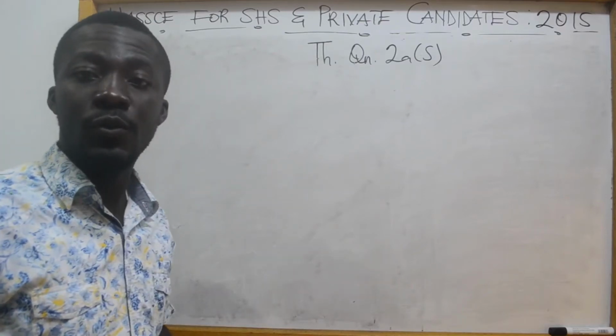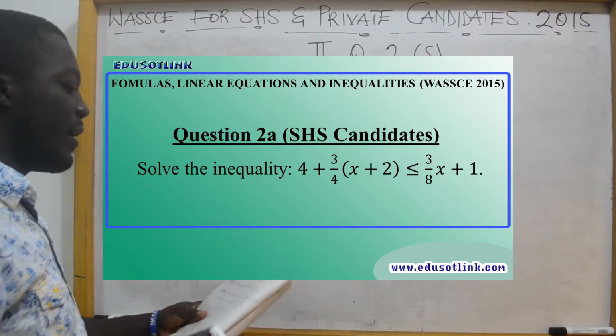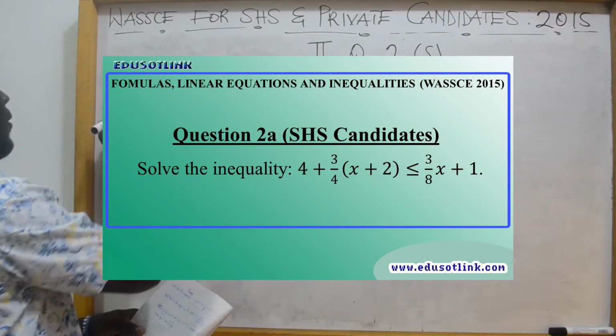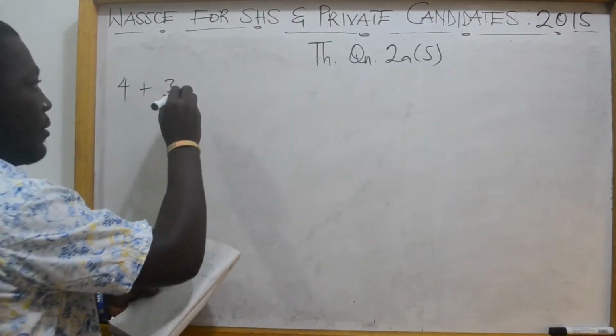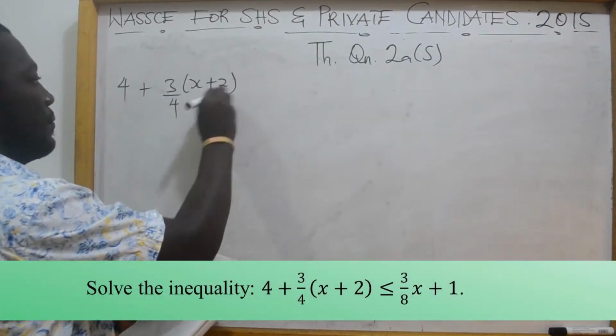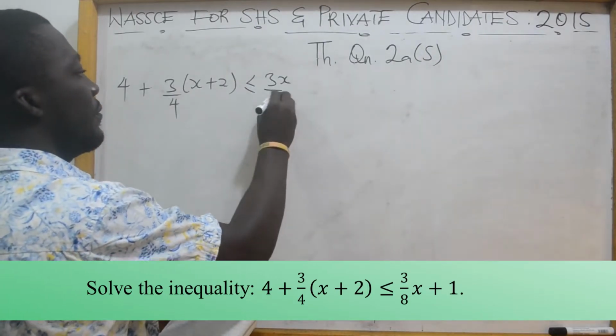Theory question 2A for SHS candidates. We have to solve the inequality 4 plus 3 over 4 bracket x plus 2 less or equal to 3x over 8